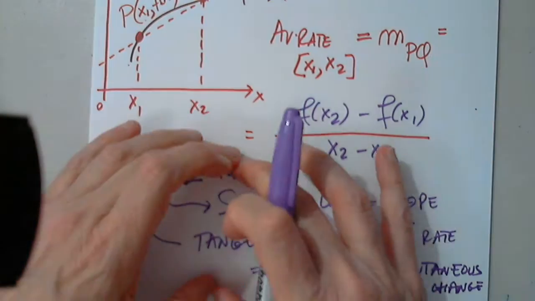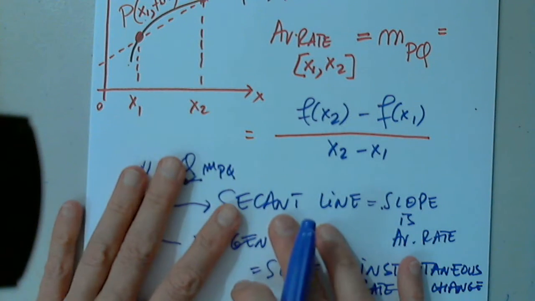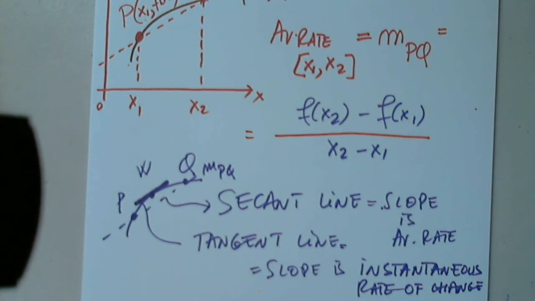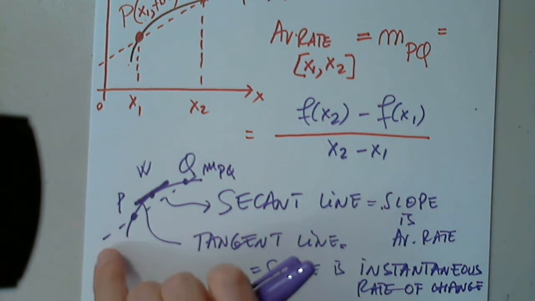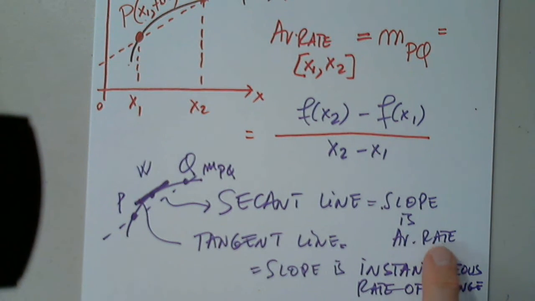So please keep this concept in mind, because this is what we're going to do in chapter 1. So the slope of this gives us the average rate of change between these 2 points. The slope of the tangent, however, is the instantaneous speed or instantaneous rate of change at that moment. Okay,